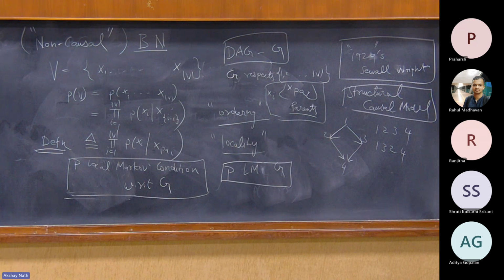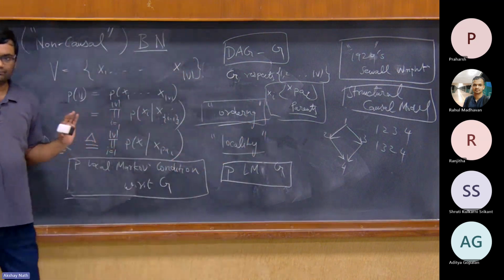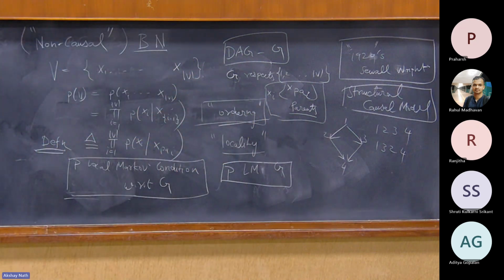So I started with three things: ordering, locality, Reichenbach's principle. Now you might ask, I didn't introduce causality yet. Already by just looking at these distributions, I seem to satisfy all of these things, right? But remember, the ordering that I picked was arbitrary, and the locality that I picked was just a factorization. If you want to make it causal, you need to go a little bit further, and I will tell you what other conditions you need. But the point is that it's going to be some causal version of all these things that implies the Reichenbach. But I haven't gone to that yet, so I'll keep it aside.